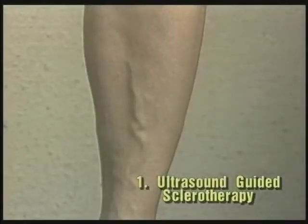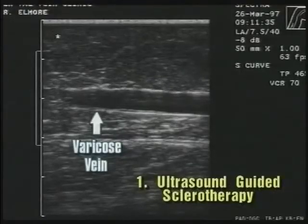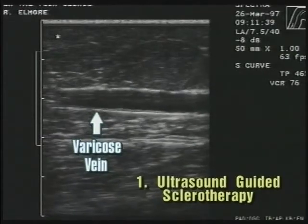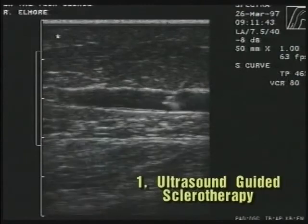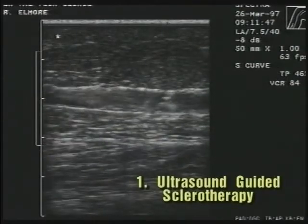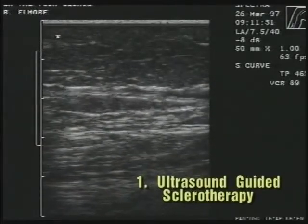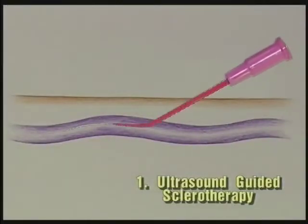Sclerotherapy can effectively close bulging varicose veins when the treatment is accompanied by duplex ultrasound imaging. This is an actual ultrasound image showing sclerotherapy of a varicose vein. You can see the needle enter the vein, the injection of sclerosing solution, and the vein closing. Occasionally, the injection may be done through an intravenous catheter to ensure proper distribution of the